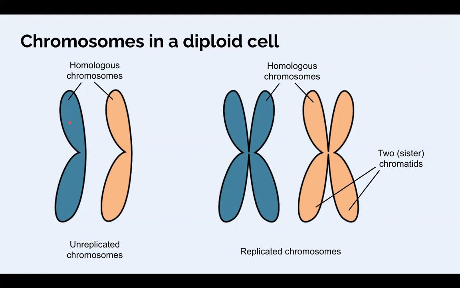So going from unreplicated to replicated, we still have two chromosomes. They're still homologous, just twice as much DNA. So you can kind of go between these two states of replicated and unreplicated. The process of going from unreplicated to replicated is the process of DNA replication, go figure. And the process that gets you back to unreplicated, that's the process of mitosis, where these replicated chromosomes are broken in half, and each half goes into a new nucleus, a new cell,